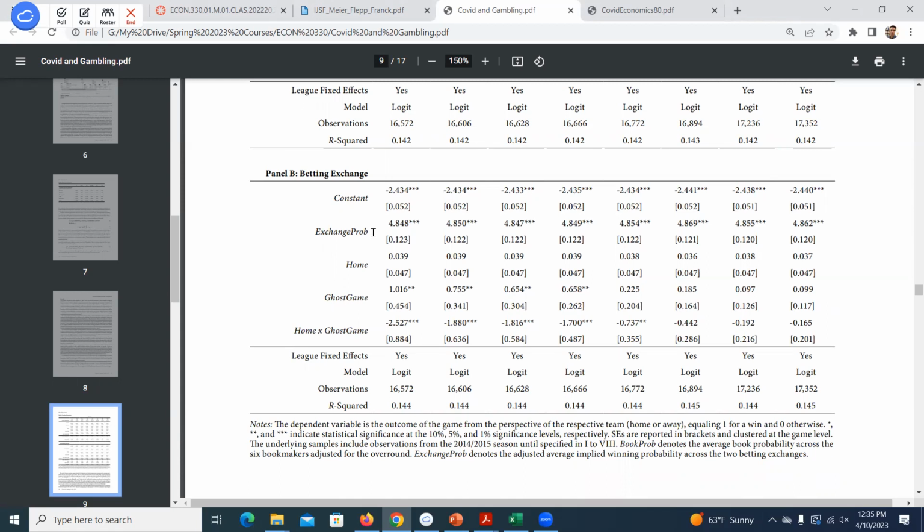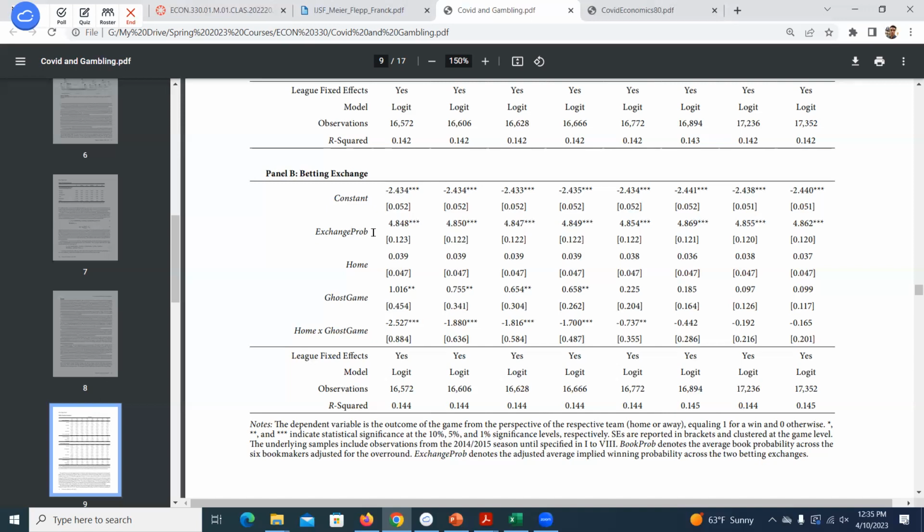Now, why were they probably really bad? They didn't have any old data, right? There were no previous ghost games, and so they might have tried to come up with some proxies to come up with a prediction, but they weren't doing a very good job. So here you can see how much a ghost game should actually increase the predicted probability that a team wins. Well, it was actually 0.1.